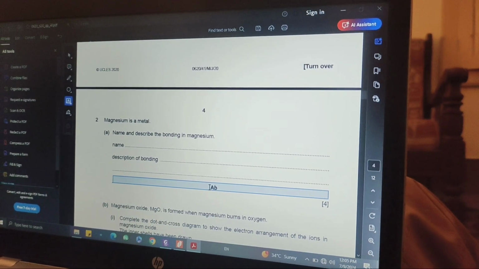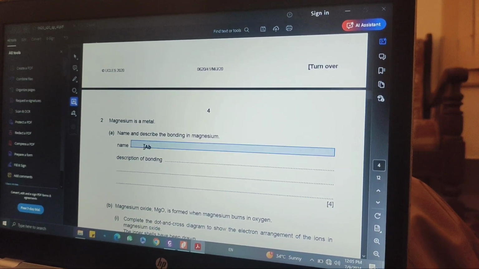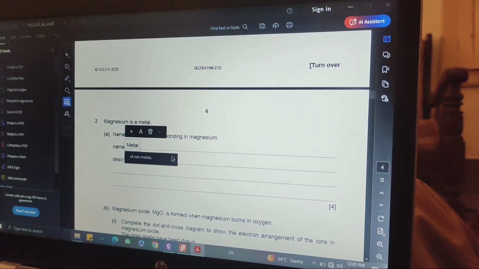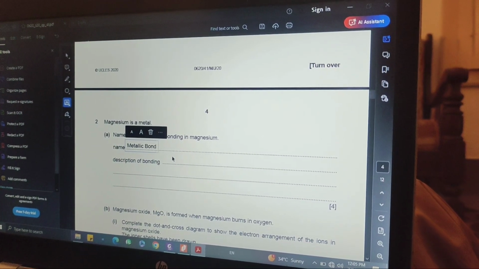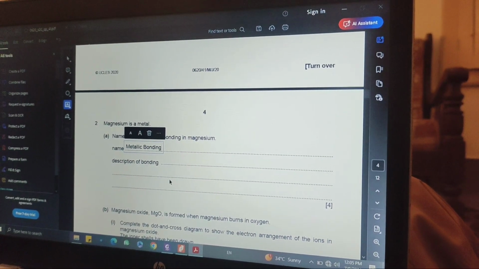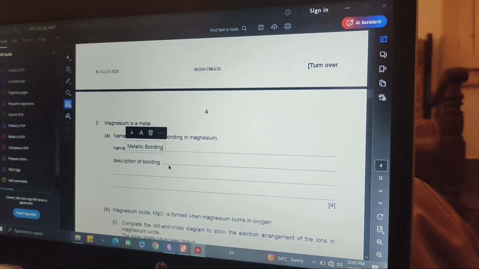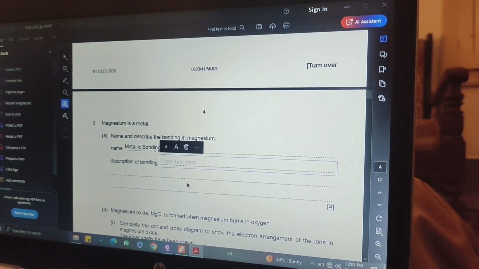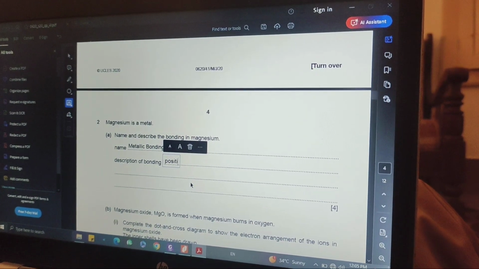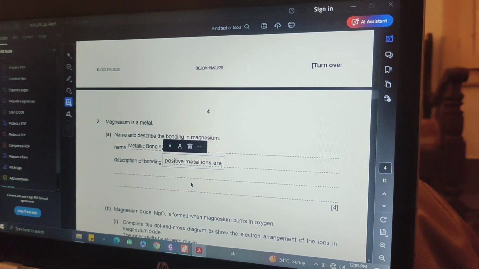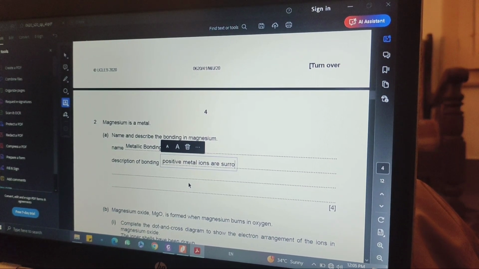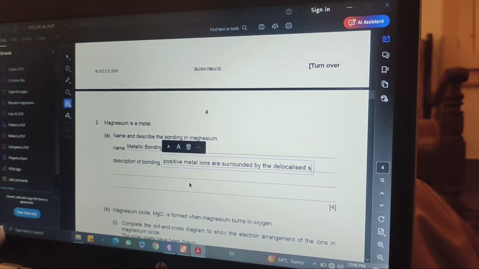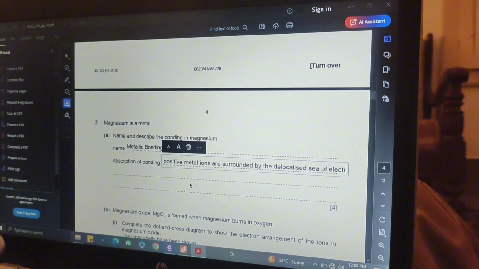See. Moving to question number 2, magnesium is a metal. Name and describe the bonding in magnesium. So it's a metal, so the bonding is metallic bonding. And if we talk about the description of the bonding, we'll be saying that the positive metal ions are surrounded by the delocalized sea of electrons,